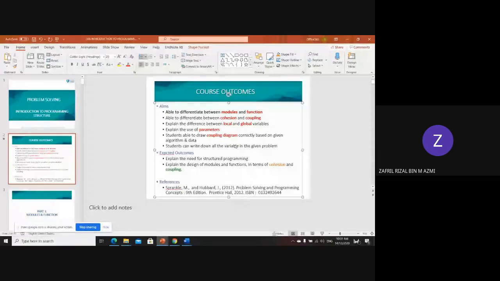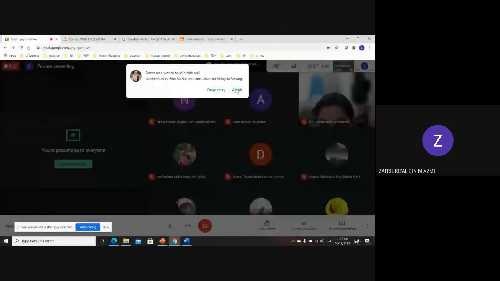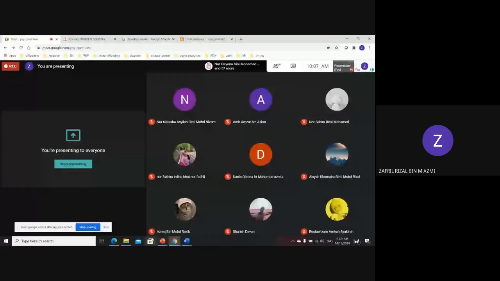Data dictionary. All these things will be required for you to understand, and at the end of the semester, during the final exam, you'll be asked to develop this coupling diagram and data dictionary. Alright, so before we proceed,